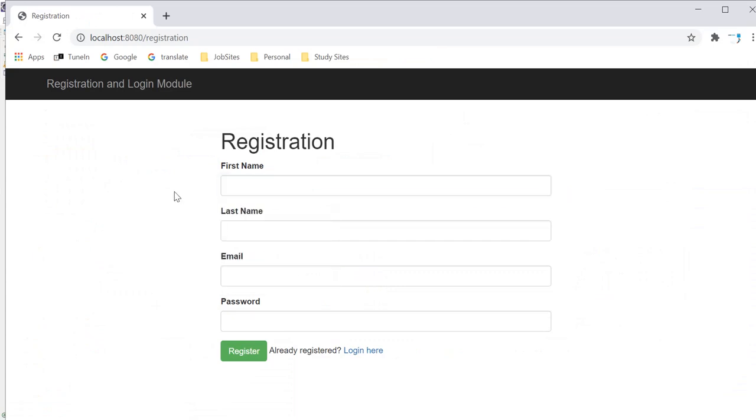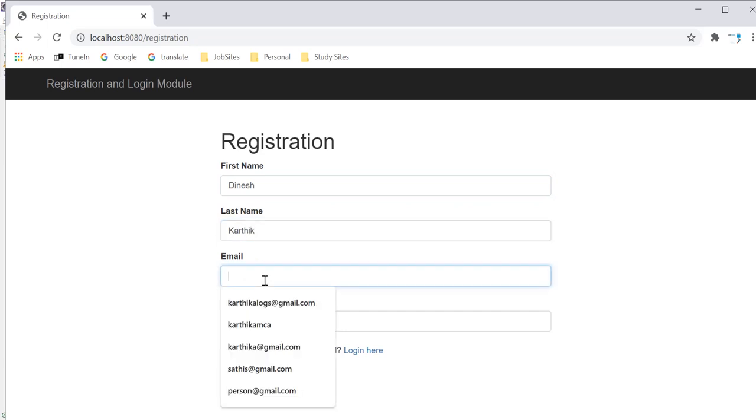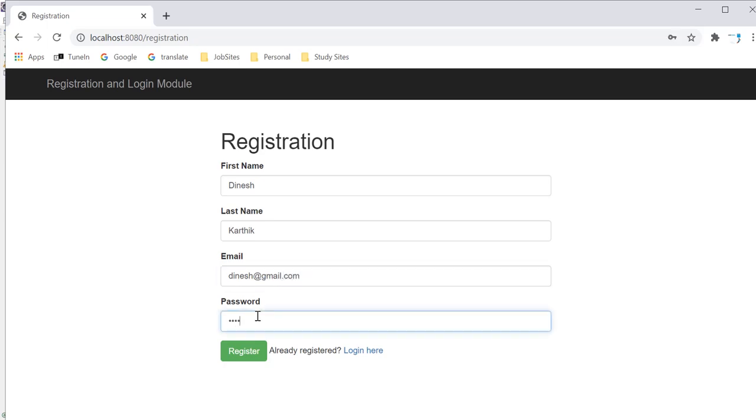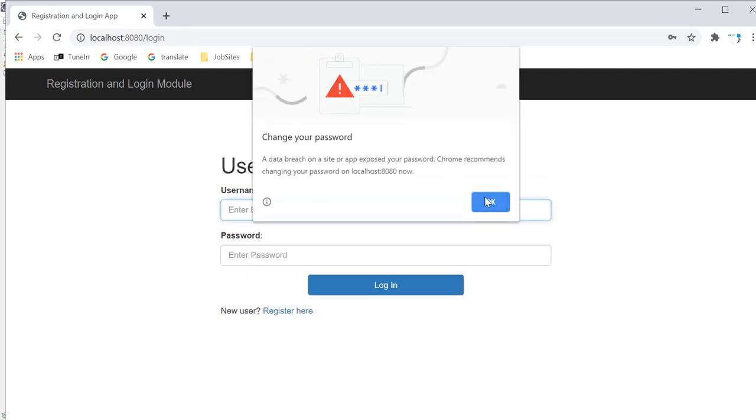I'm going to create a user: Dinesh Karthik, Dinesh at gmail.com, and I'm giving a password. Okay.